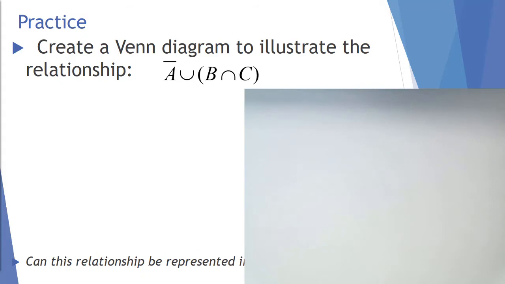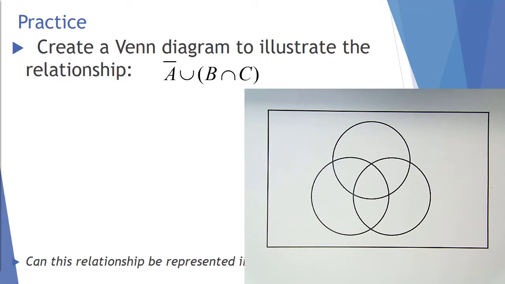Okay, you do this one for practice. Create a Venn diagram to illustrate the relationship shown here: the complement of A union B intersect C. Now before you get started, just so that our results are easier to compare, let's use the same set labeling